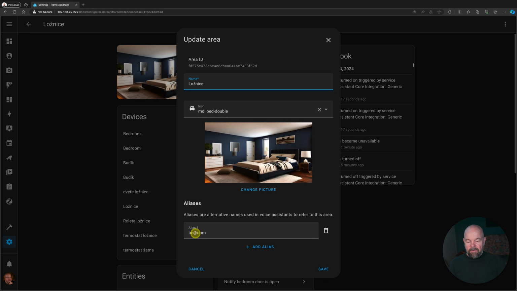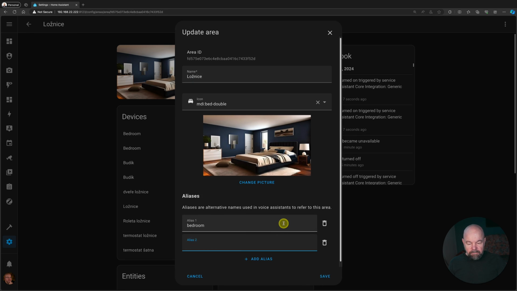As you see, there is already the alias bedroom, which is, by the way, the reason why it works in English. I have the Czech name ložnice as the name, but then I added the alias bedroom, and therefore it understands it in English. And I will add the locative